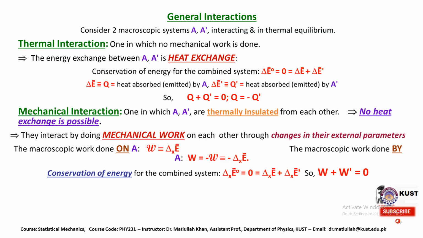So we apply the law of conservation of energy for the combined system. The total energy of this combined system, del E0 average, should be equal to del E average plus del E dash average. So del E average should be equal to Q, that is the heat absorbed or emitted by system A, and del E dash average, or Q dash, should be equal to the heat emitted or absorbed by system A dash. So again we come to the same conclusion in the case of thermal interaction,